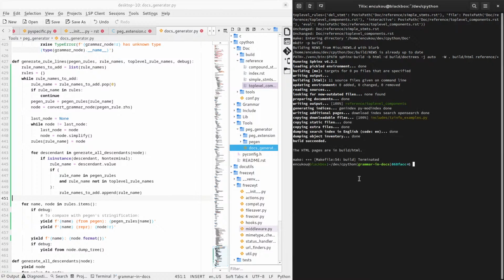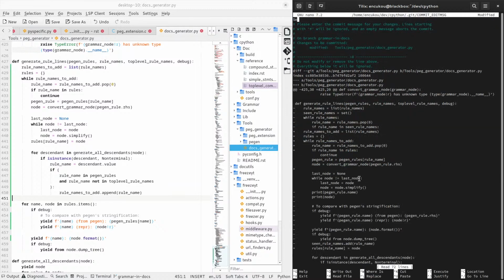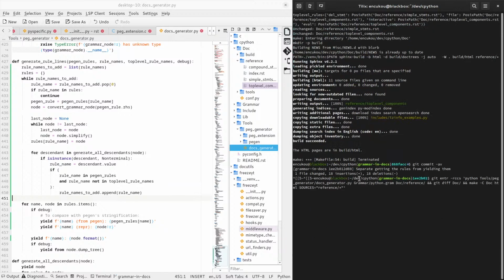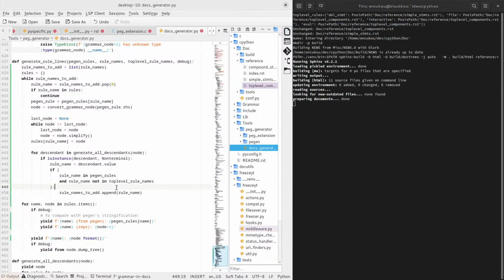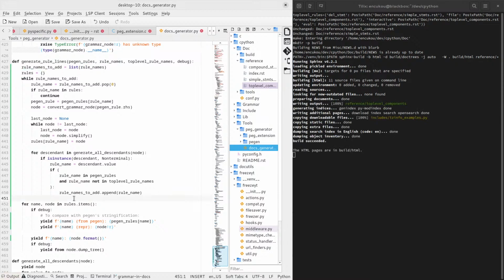Let's put it in Git first though. So I don't output the data directly. I have it in a dict. So what do I need to start to inline